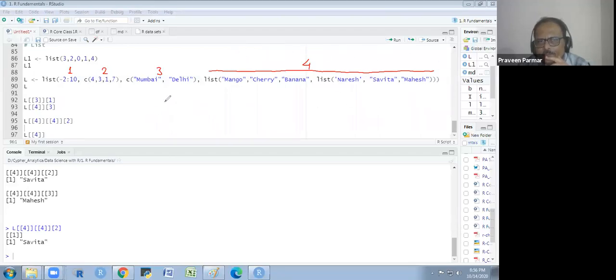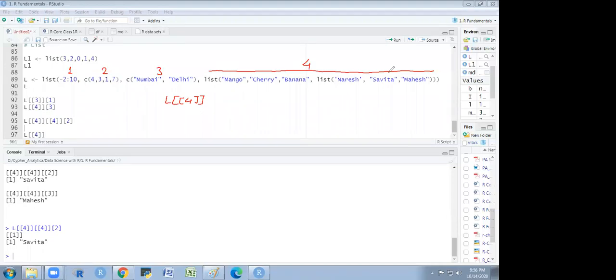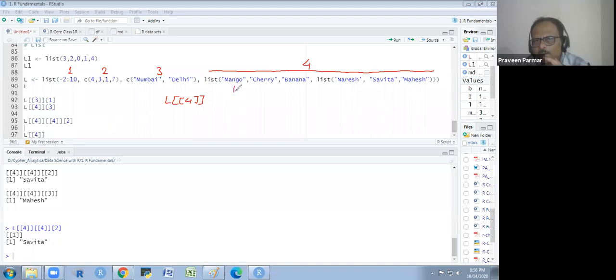Got it? So this first 4, we are selecting this one. And in this sublist, we have 1, 2, 3, and 4. This 4 is for this. Got it?